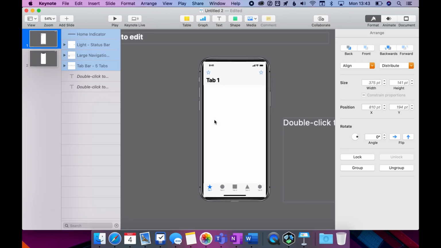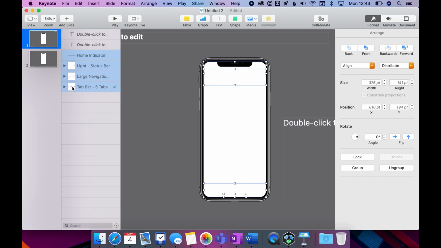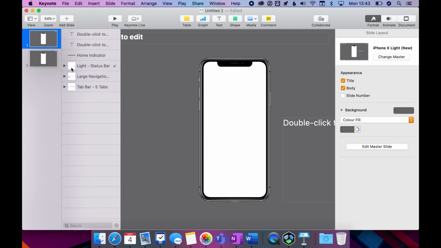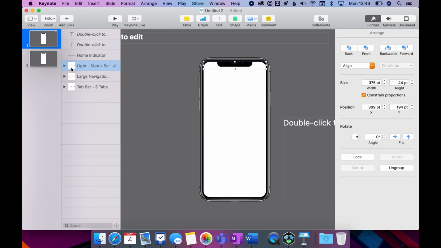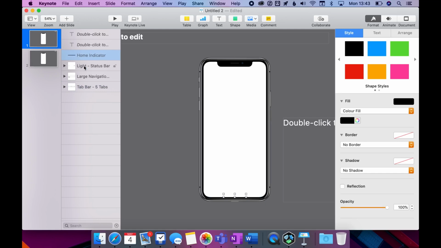So you might see there that it doesn't look like the frame of the iPhone is covering up those assets because the assets are square, but the edge of the iPhone is round. And then if I change the order in the list, then they've gone too far back and I can't see them. So what I might need to do is individually change them. So I'm just going to pick one of them for now